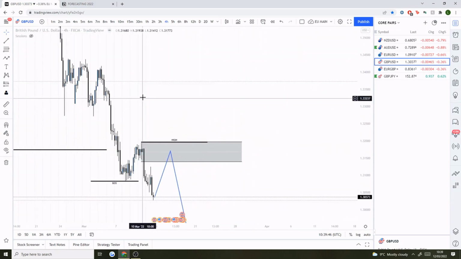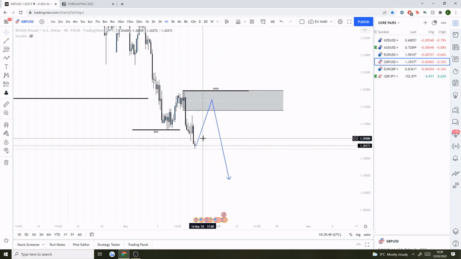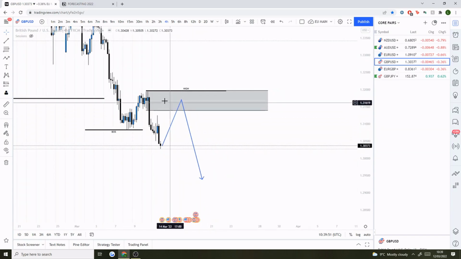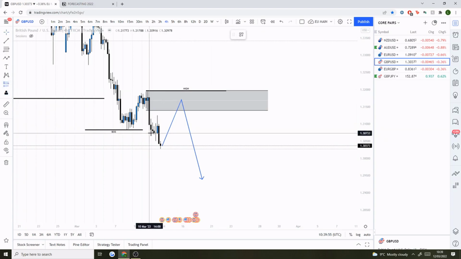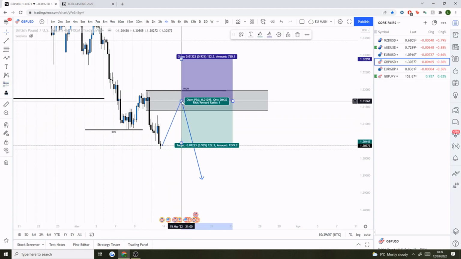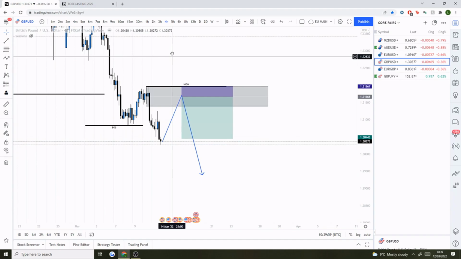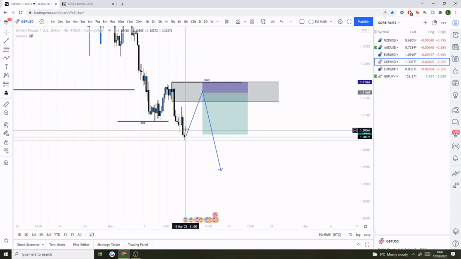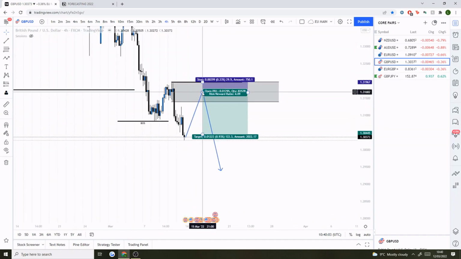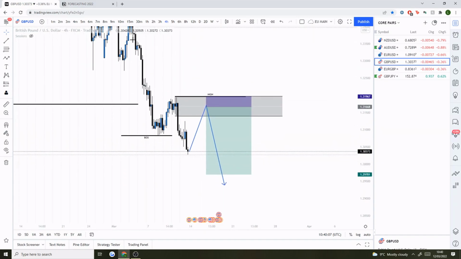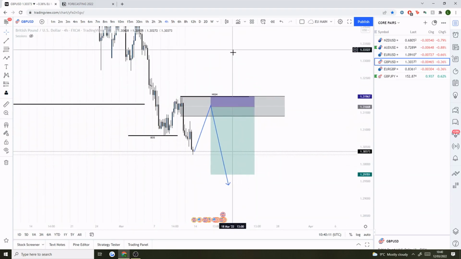So for me now, all I'm really interested in is a retracement back up to this order block, which caused the break of structure, and then we can just look for sells out of the order block. So for me, I'll anticipate a retracement early in the week. Then we can just look to continue price to break structure again, following with this overall impulsive downtrend which seems to be taking place at the minute.